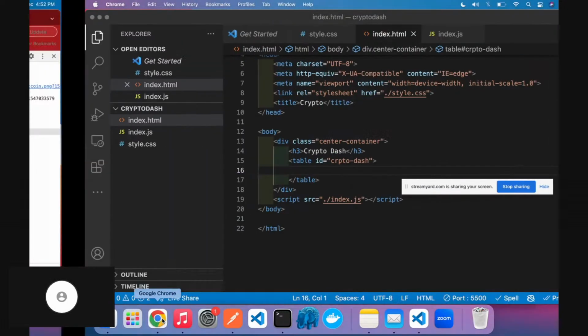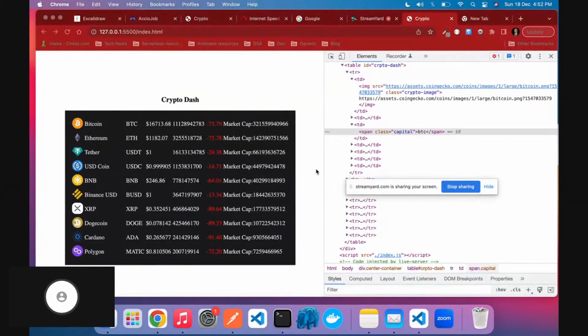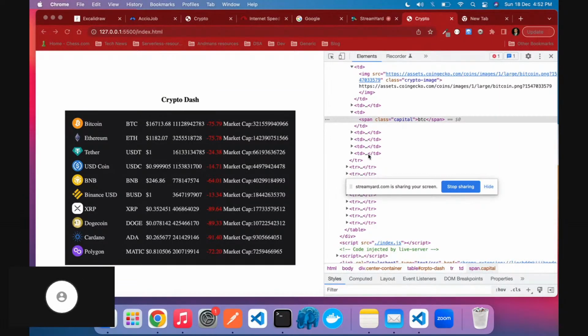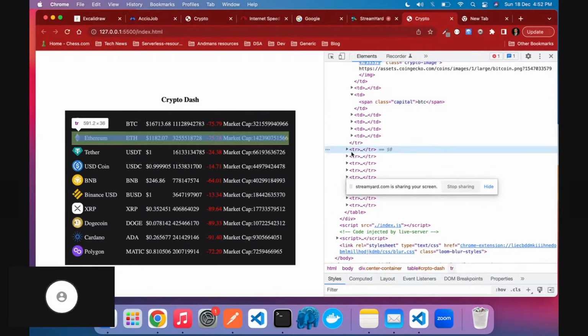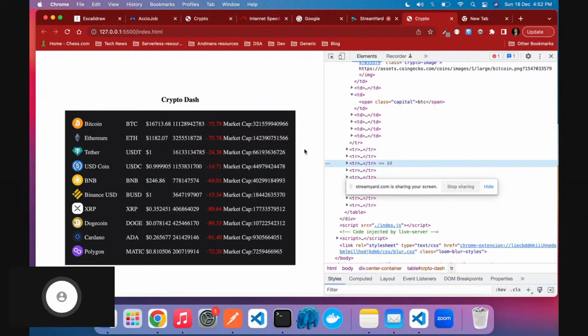So this is where DOM manipulation comes into the picture, right? And that's where DOM manipulation is so powerful, that you can dynamically add, delete, and right here we are dynamically adding all our elements